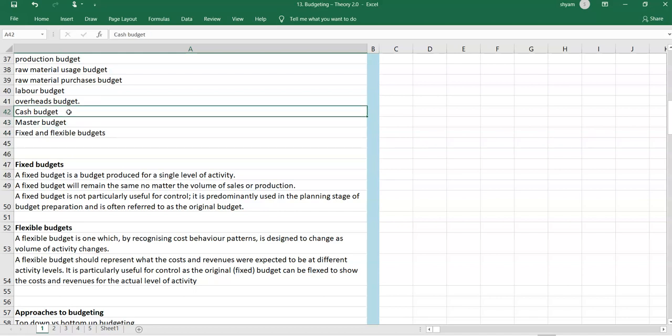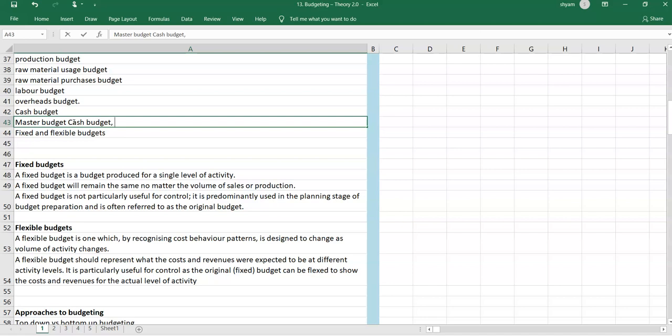A cash budget is a budget created in terms of only cash. We don't take accounting profits, or qualitative or quantitative items like that. We only take monetary items, and that too only cash. Non-cash expenses, non-cash income, gains, all those things are avoided. Only cash things are considered. A master budget is the preparation of a cash budget